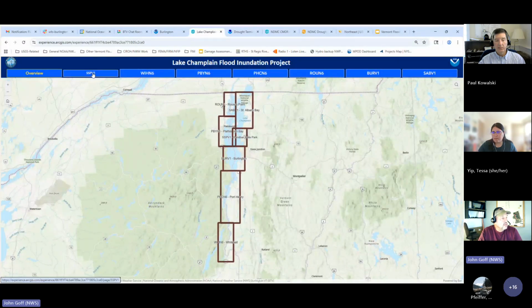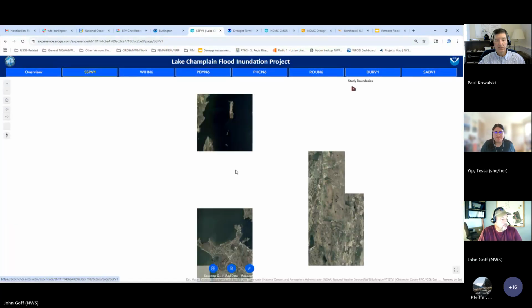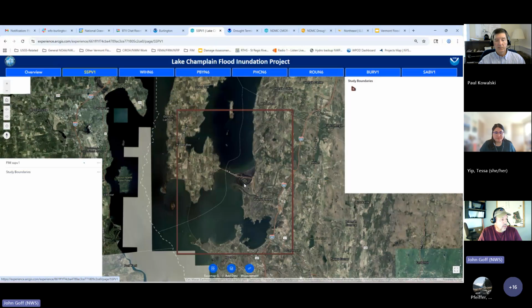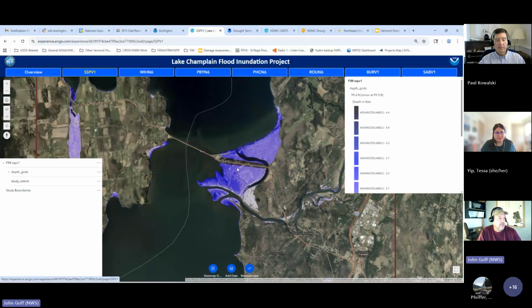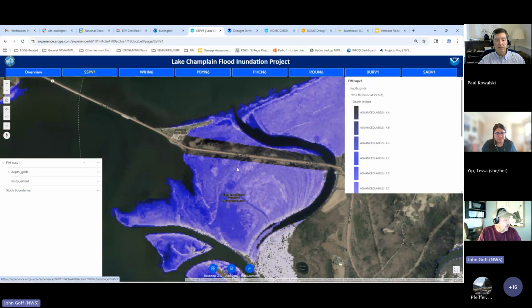So if I go to Sandbar State Park, it's just going to look the same way once it loads. There you go. And you can play around with transparency and map projection and see what. If you go to,